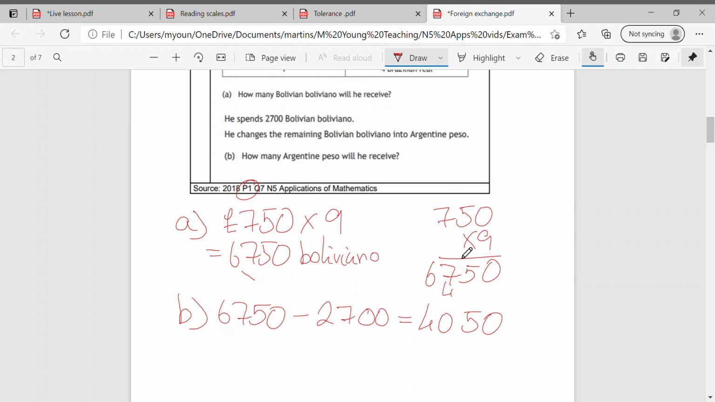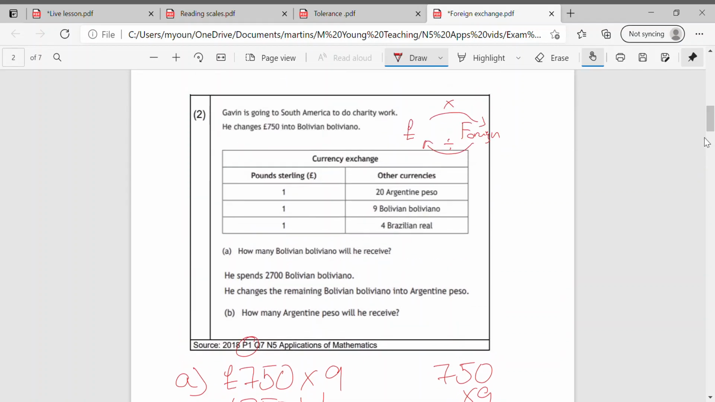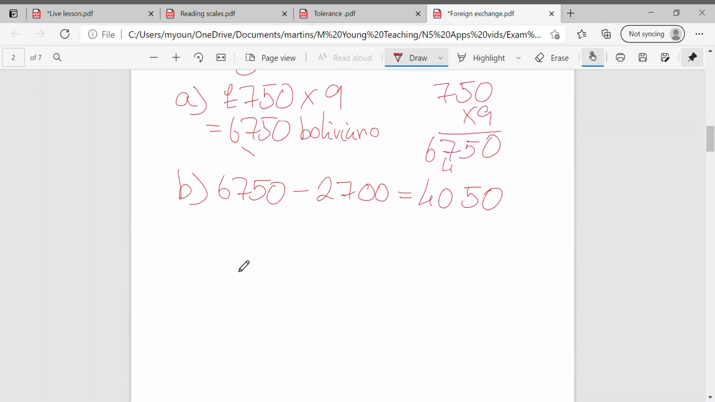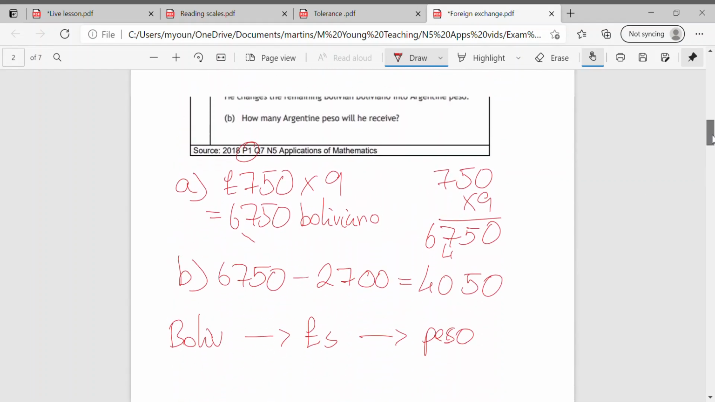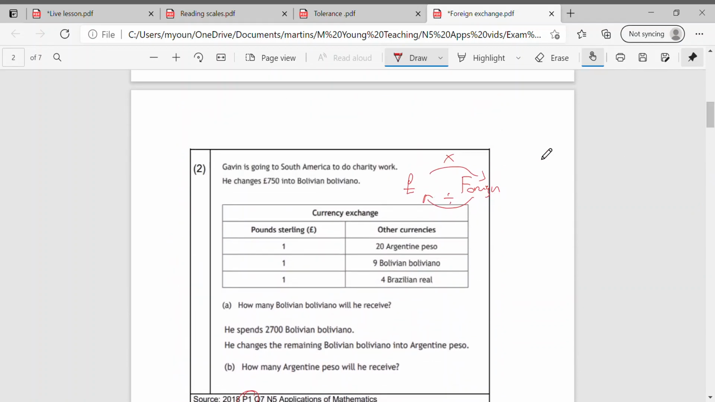He's now changing this into peso. Now these are ones you're going to get really familiar with. There is no clear currency exchange value going from Boliviano into peso here. So what you need to do is put that kind of joining step in between, and that's usually going into pounds and then changing from there. So we're going to go from the Boliviano into pounds and then into peso like that. So going from Boliviano back into pounds, I'm going from foreign back to pounds, so that's dividing, and